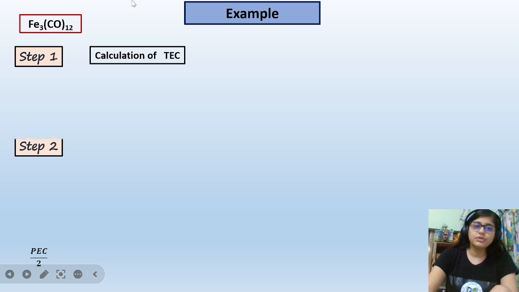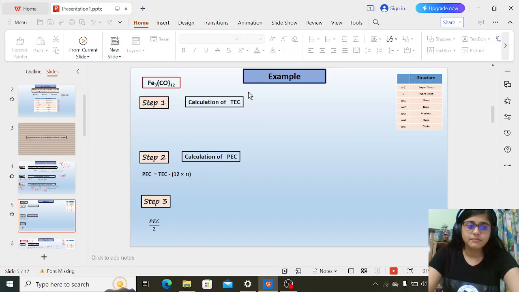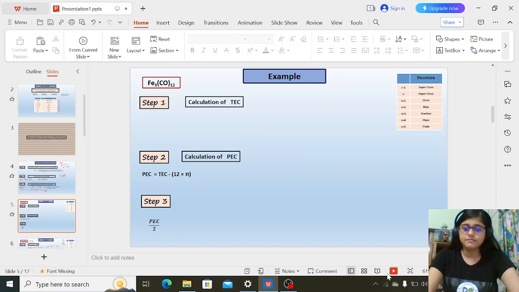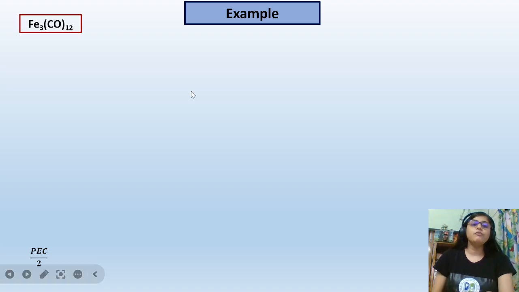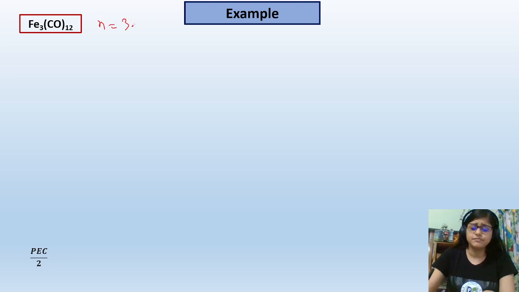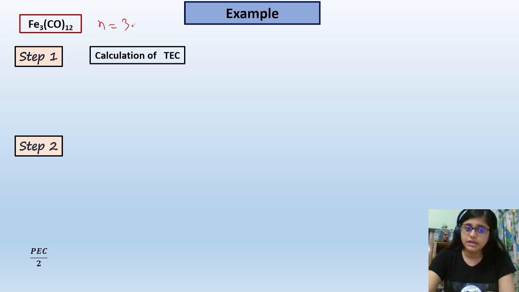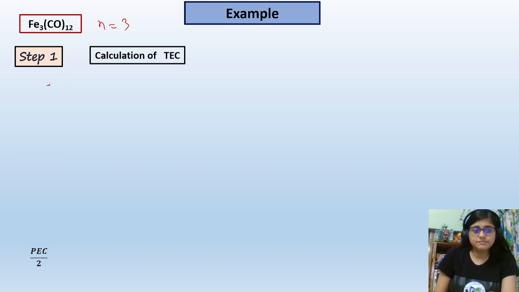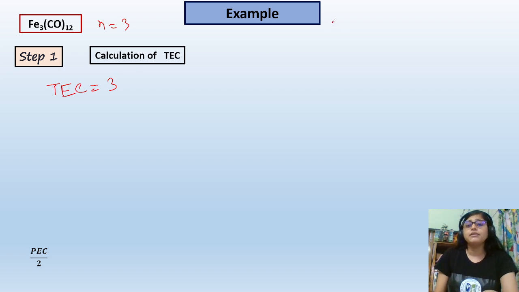Okay, so this is the example. If we see here, first the number of metals. What is the number of metals here? N is 3, right? Now step 1 is the calculation of TEC. So we know TEC means total electron count. Total electron count means 3, the number of metals, and